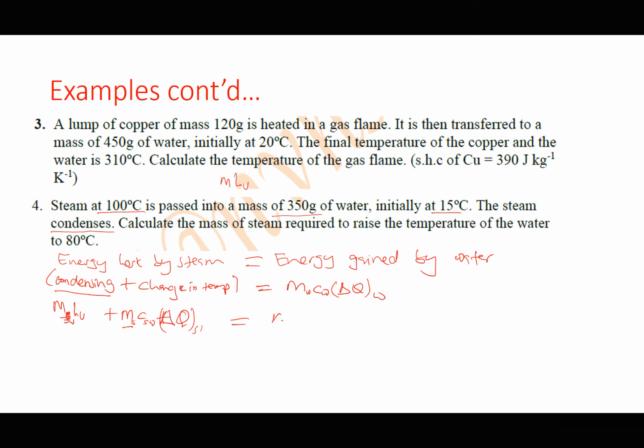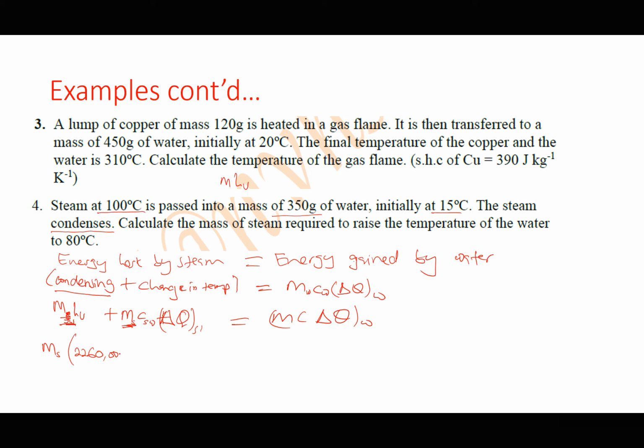So this should be called the mass of the water, specific capacity of the water, times the change in temperature of the water. So let's now substitute. The mass is not known, so I'll call this ms. This ms is not known, so I'll put this in brackets. Then I have the latent heat of vaporization. Using one of the tables above, the latent heat of vaporization of water to steam or steam back to water is